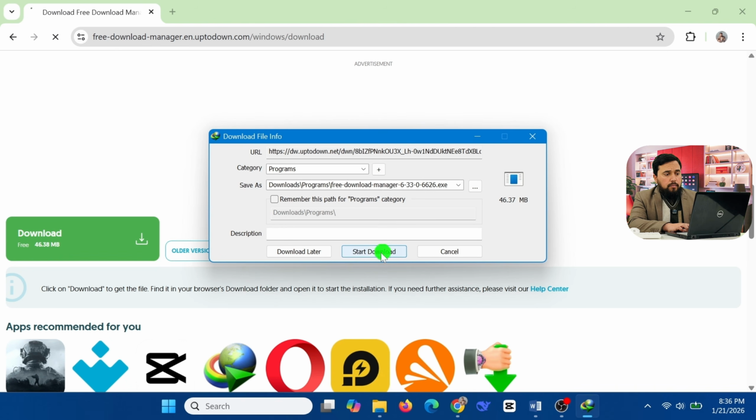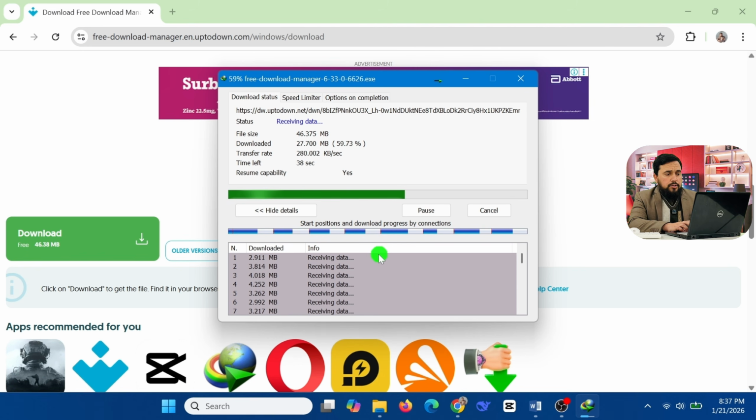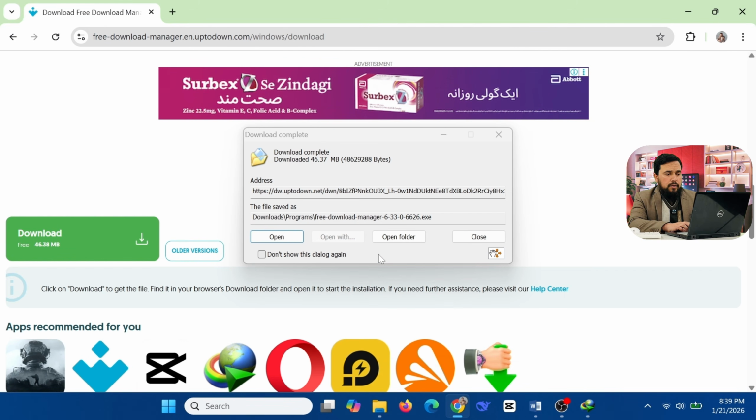So this is the download manager. Click on the start downloading. Downloading will start here. It will complete within a second, depending on the internet. Click on the open folder